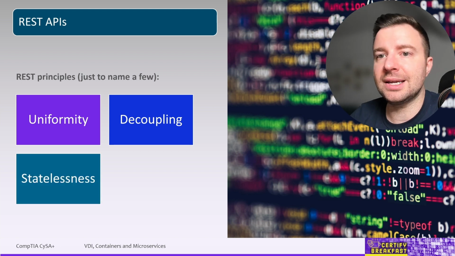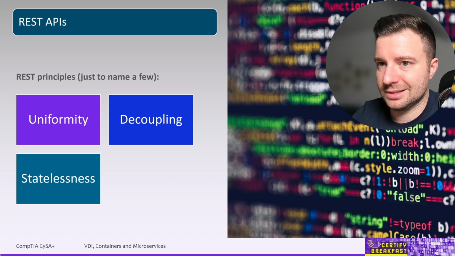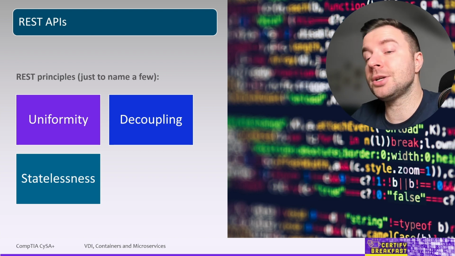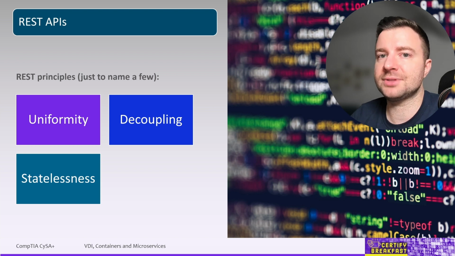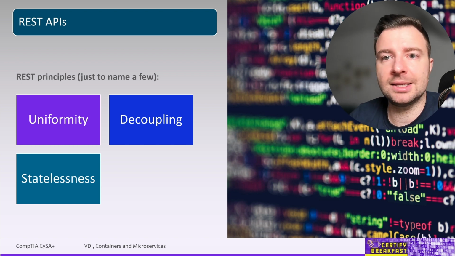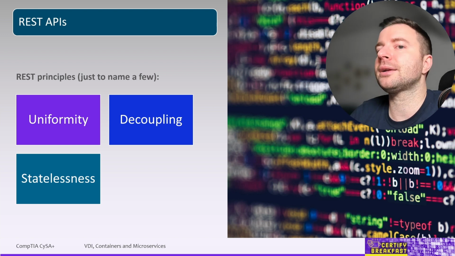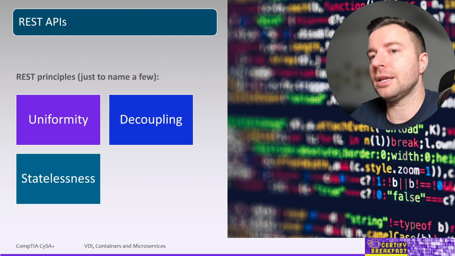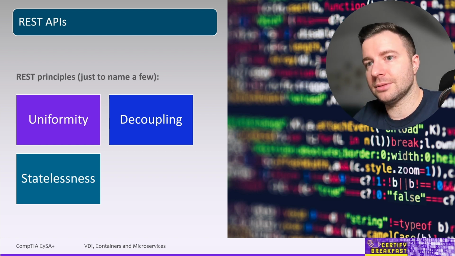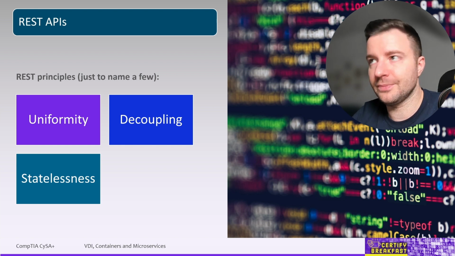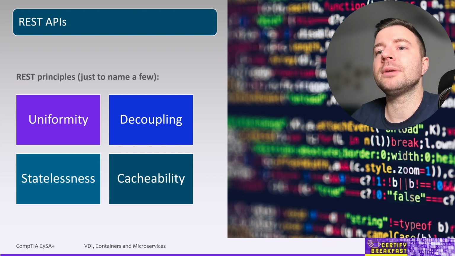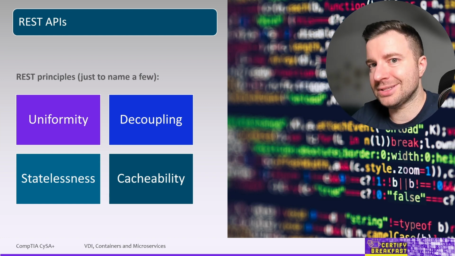They shouldn't store any state information. That's where the state transfer comes from in REST. That is, each request must encapsulate all the information required for processing, including any kind of state information that might be relevant. So there shouldn't be any server-side sessions, at least not as part of the REST API design. This is supposed to help with both performance and scalability on both the server and client side, basically making both their jobs easier. And finally, information should be cacheable when possible, again, for the same reasons of improving performance and response time.